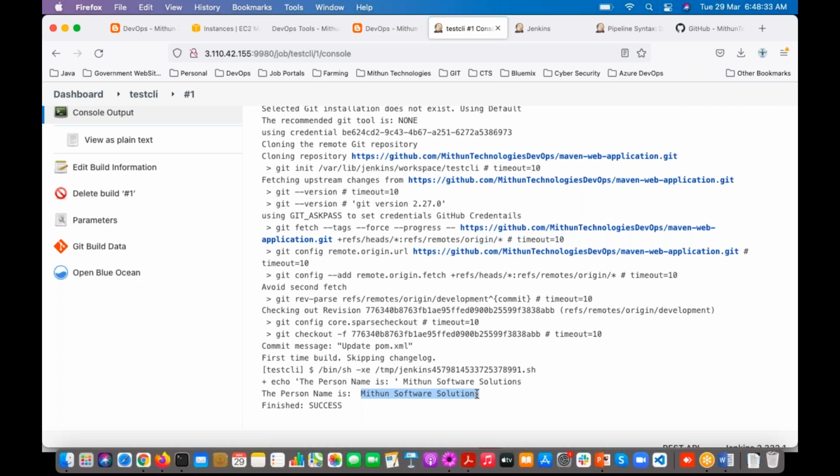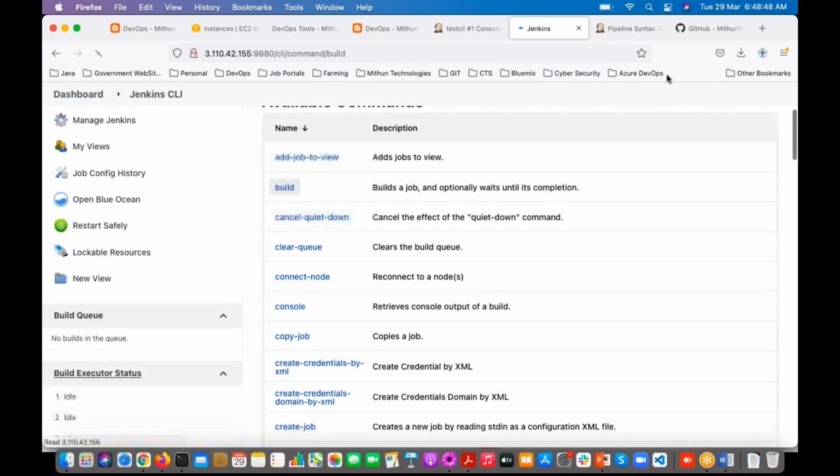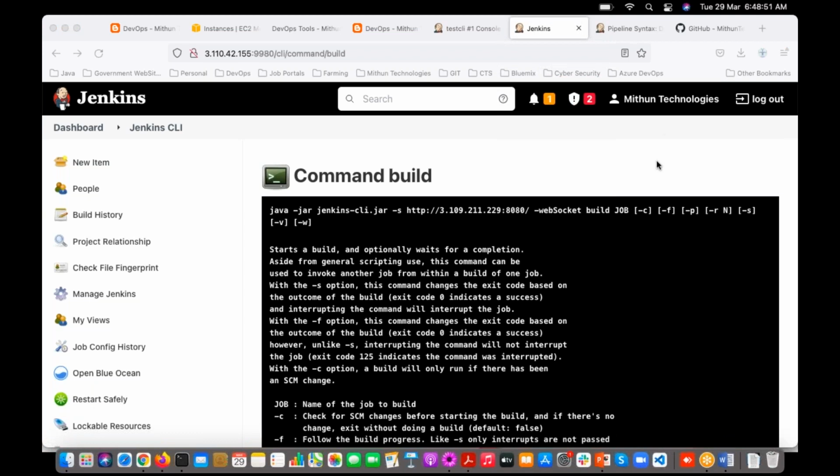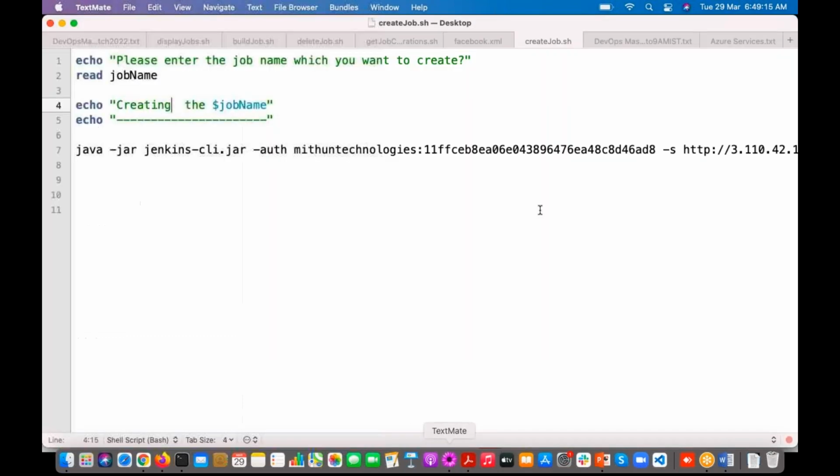So now, is it possible to pass the parameters along with that build trigger? Yes. If you go and see build, -p. -p means, see here, specify the build parameters in key value format. By default, it is going to take this one. Right. Key value pair. Key is equal to value. So now for this same script,